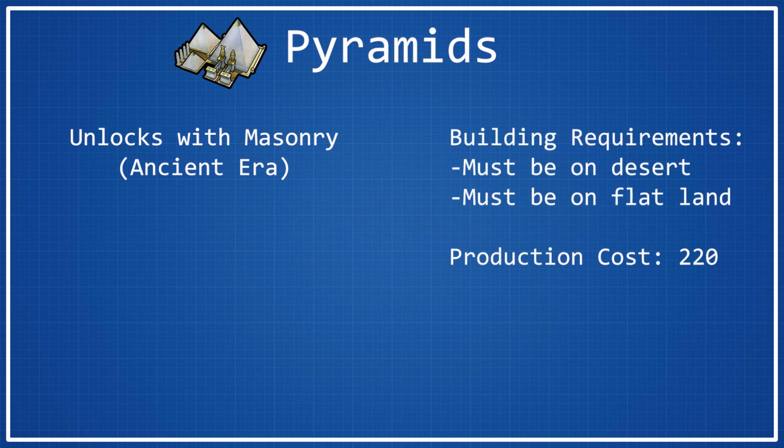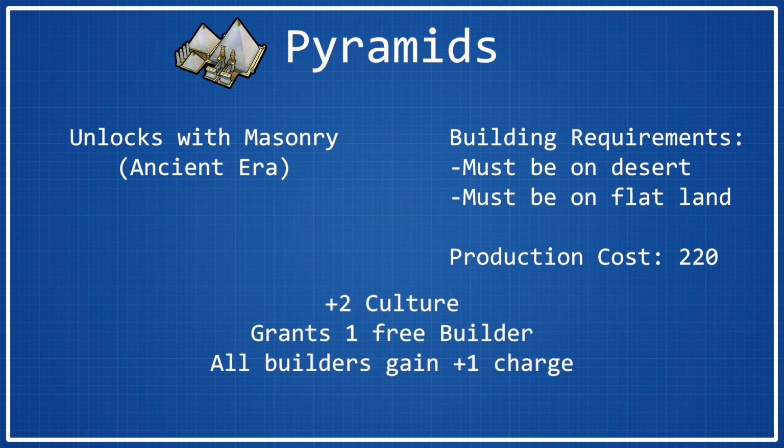So it must be built on a desert tile, and it must be built on flat land. Do note that you actually can build the pyramids on floodplains. Unlike a lot of other wonders, pretty much all wonders and districts you cannot build on floodplains, but the pyramids are one of the few that you are able to put on floodplains. But you must have flatland desert, which normally would be a dead tile anyways,